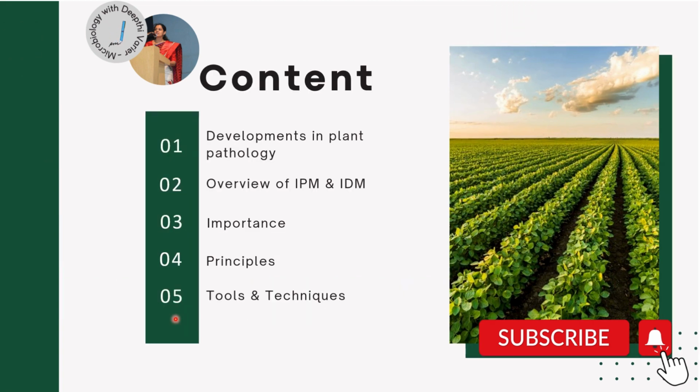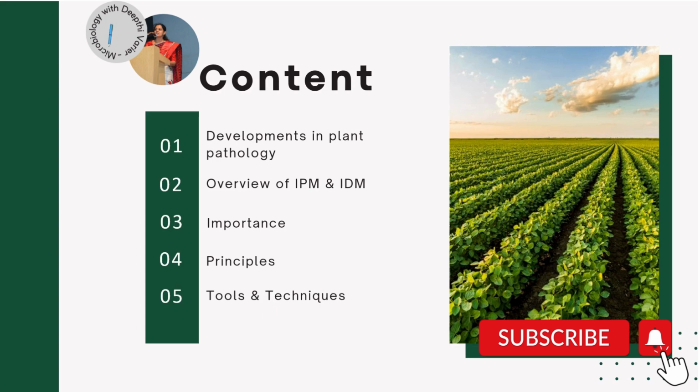The concept of integrated pest management is quite popular in agriculture today, and we'll be dealing with this topic under these 5 headings. We'll first look at how this concept came about to be developed, and then we'll look at the differences between IPM and IDM, and I'll also tell you a few key changes that you can do in your terminologies to write the answer for IPM as well as IDM. Both are slightly different from each other. We look at the importance of this agricultural system. We look at what are the major principles and what are the current tools and techniques that are being employed